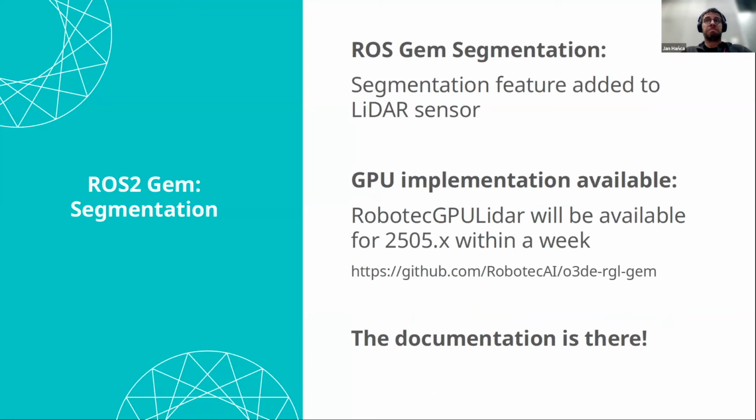Another part that is quite big that changed is that we added, inside of the ROS 2 Gem, the segmentation feature for LiDAR data. It's available with both a standard component from O3DE Extras, as well as with the backend available from our company, open source, using the GPU. Of course, this one, as well as the simulation, is really well documented. We did our best, so the documentation is available for you. I will also cover this one with a live demo in a moment.